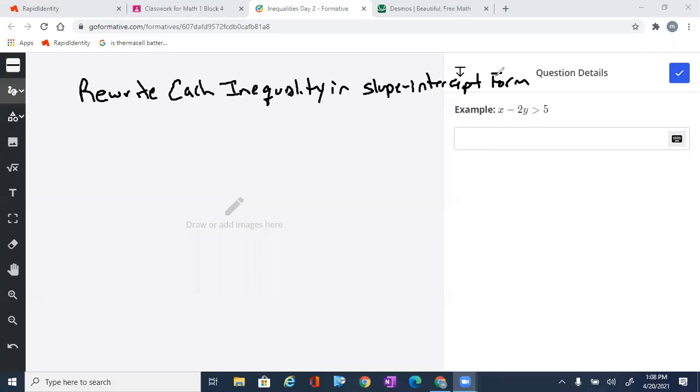All right, so we're going to rewrite each of the inequalities in slope-intercept form. Okay, so we're going to start by just writing it out. x minus 2y is greater than 5. Now, when we write in slope-intercept form, one thing we want to remember is that slope-intercept form is y equals